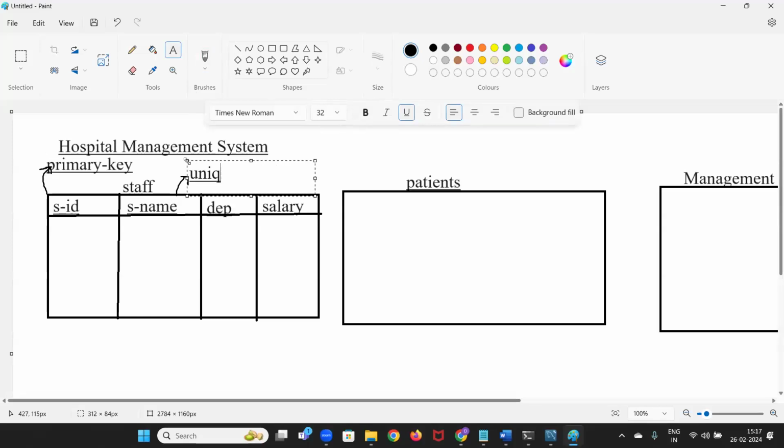Okay, name cannot be unique. Two or three doctors may have the same name, na. So I will give something called not null. Everyone should have a name. That's it. Now salary can have a check. Minimum salary should be there or something. Maybe in that hospital some check is there. What can be the condition? Salary should be